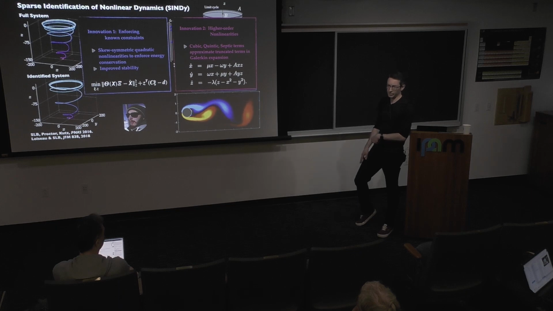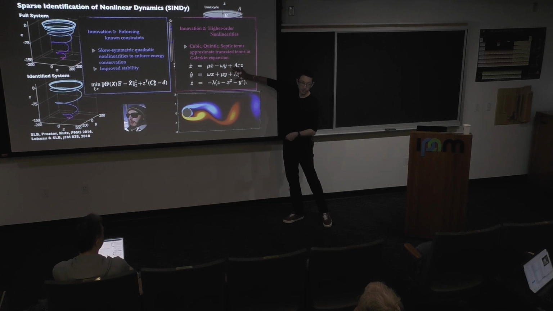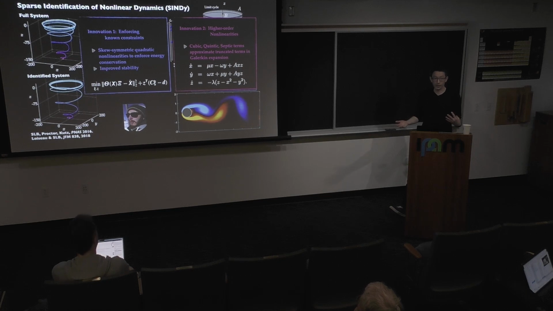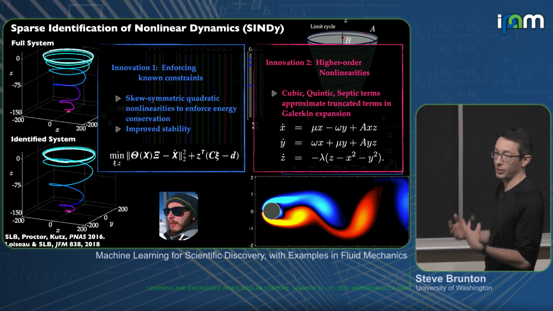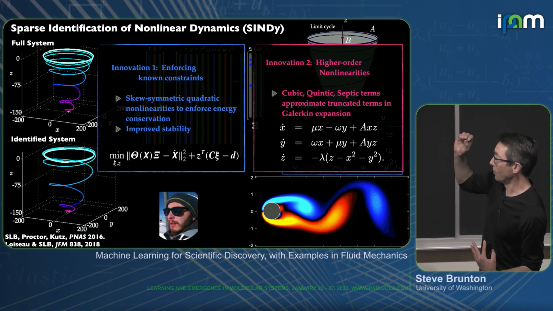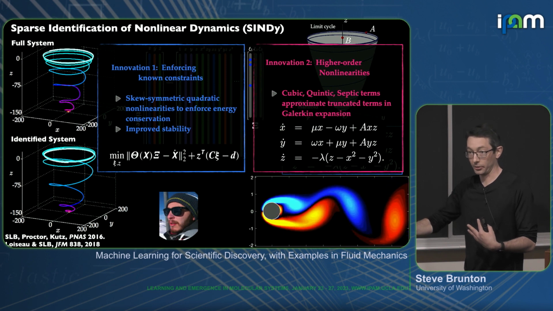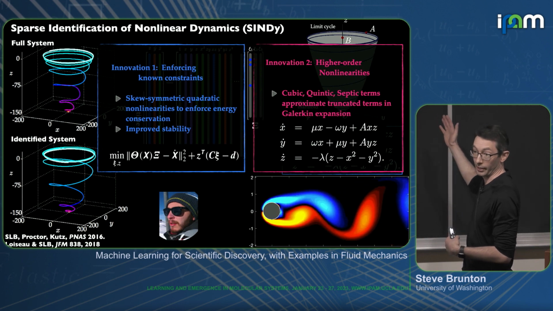So I'll show you some numerical results in a minute. The second key innovation: when we wrote down this first SINDy model, we were searching in a quadratic library because the Navier-Stokes have quadratic nonlinearities, and because that was the interesting storyline of how you get cubic phenomena with quadratic nonlinearities. But what JC pointed out is that if you include higher order nonlinearities, cubic, quintic, septic, nonic, third, fifth, seventh, ninth order terms, you can account for very low energy modes that you've truncated in your Galerkin expansion. They dynamically affect these energetic modes as higher order nonlinearities.